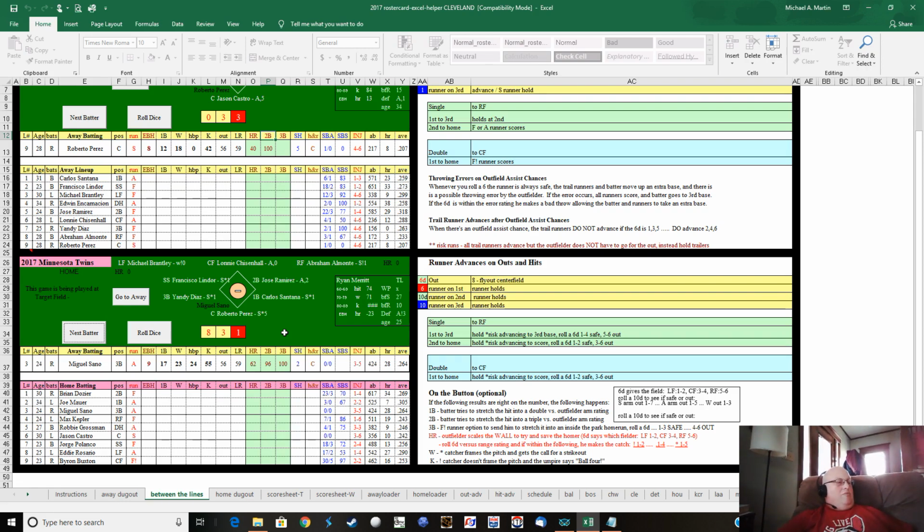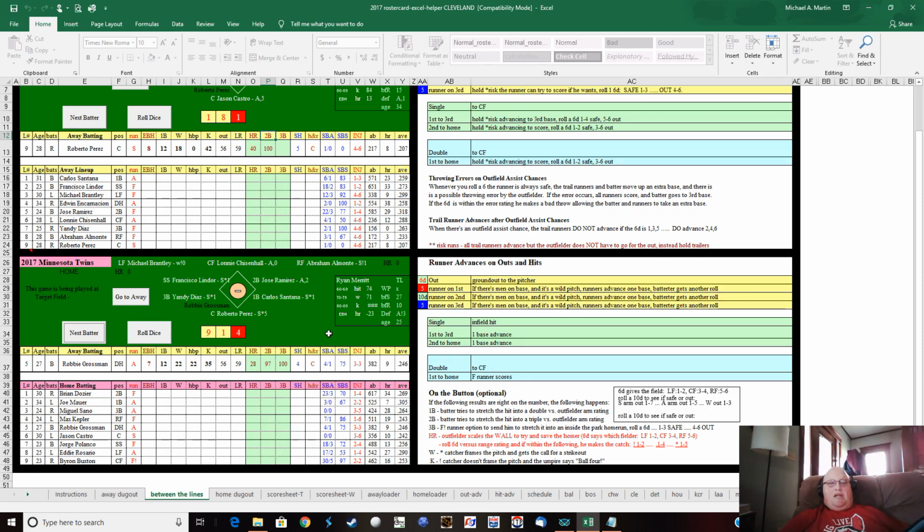So 1 down for Max Kepler. 2 for 3 with a home run, a double, and 5 RBIs. So 70 is a walk. So Merritt has walked the bases loaded. Robbie Grossman is the next batter. 91, that is in the pass ball range, but